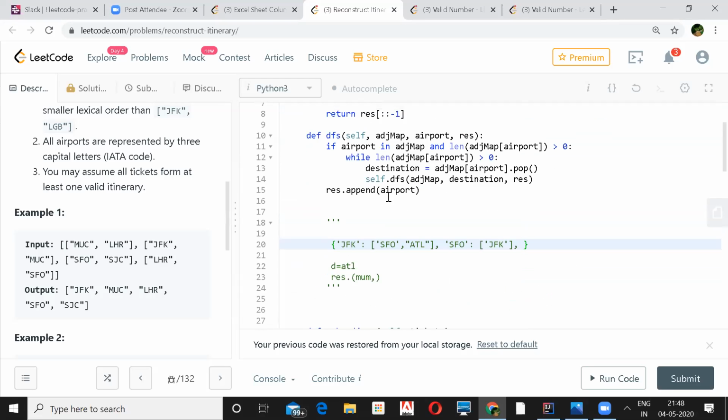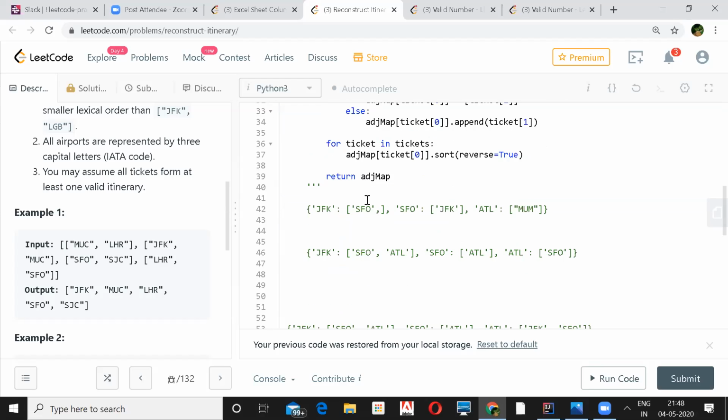And coming to the DFS part. Order of N log N, N is the vertex or edges? N is the number corresponding to the key, the length of this. In the worst case, if it is N, then these are the unique stations which you can reach from this particular airport.